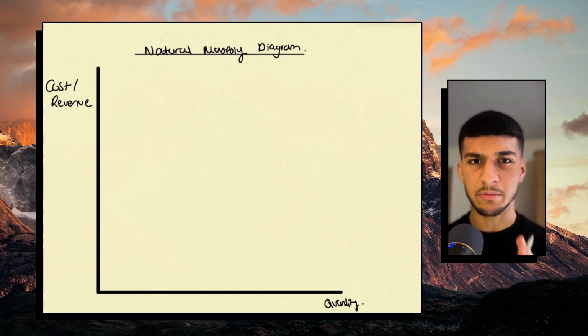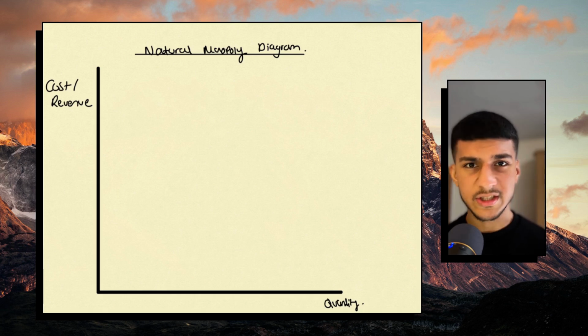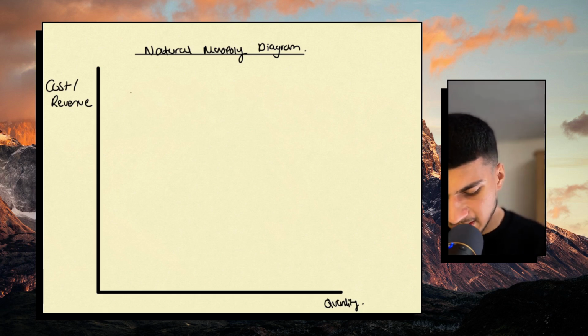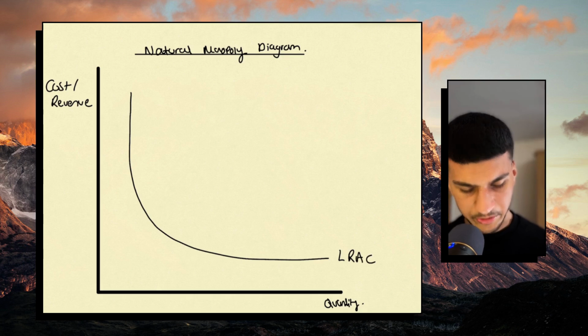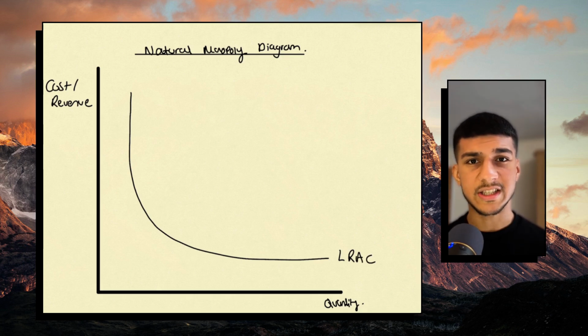And the only thing you need to remember with these two is that now they look like L shapes. So your first curve looks something like this, and like I was saying, just L-shaped, so I'll label this LRAC, that's your long run average cost. Then I said both cost curves are L-shaped, so now we have our LRMC, which is just your marginal cost